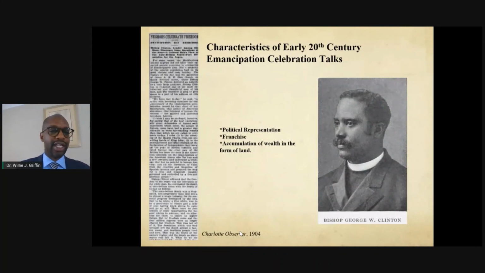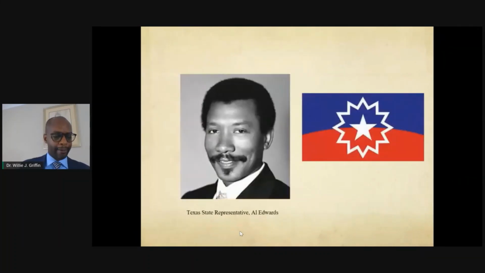These celebrations really ceased to exist between the 1930s and 1960s. But what you begin to see, the civil rights movement of the 1950s and 60s yielded both positive and negative results for the Juneteenth celebration. While it pulled many African American youth away and into the struggle of racial equality, many linked these struggles to the historical struggles of their ancestors. And so this was evidenced by student demonstrations and the Atlanta Civil Rights Campaign buttons. Again, in the 60s, they wore these Juneteenth freedom buttons in the civil rights movement.